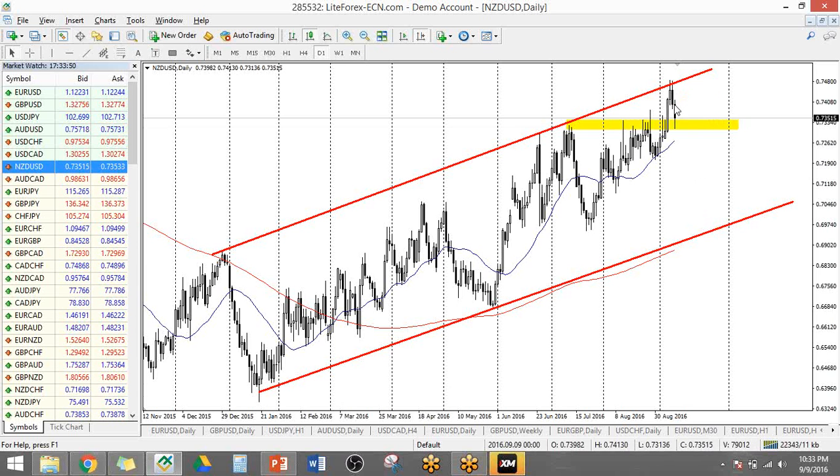So you might actually want to buy somewhere lower. If you're looking at the general trend line, you might want to buy somewhere along this red line over here. So if you know where your trend lines and your supports and resistances are, you might want to buy at those price levels instead of buying at a very high price over here. Same thing. If the price is already here at your support area, don't sell because it's already at your support area. There's a good probability that it's going to go up. Okay? So that's the essence of having supports and resistances.